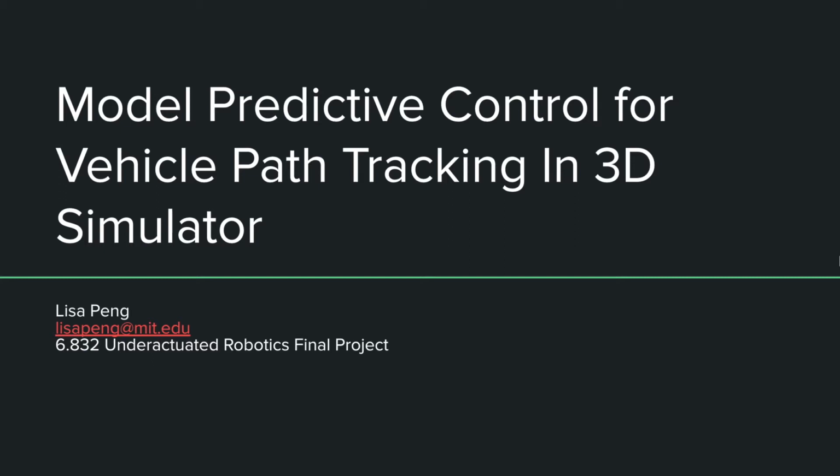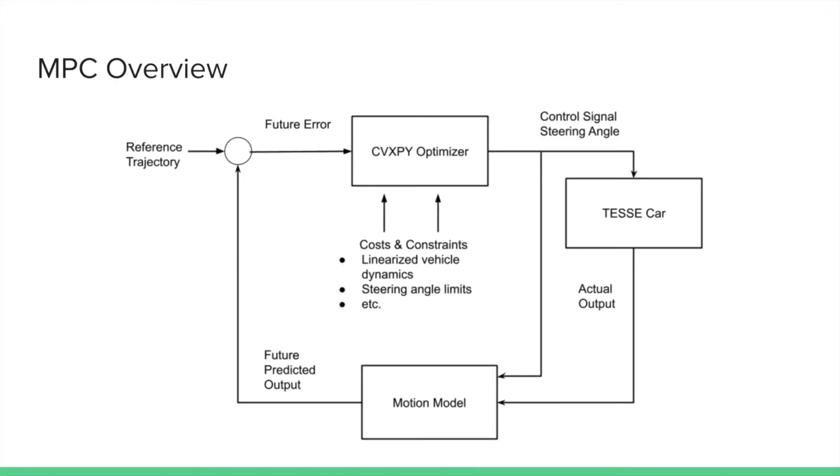My final presentation for Underactuated Robotics is on model predictive control for vehicle path tracking in a 3D simulator. Model predictive control solves a convex optimization problem at every time step. At every sample time, it queries the car from the simulator for its current state, predicts its motion forward in time for a set time horizon, compares its trajectory with the reference trajectory, and then feeds it into the optimizer. Once we solve this optimization problem, the first output of the control signal is fed back to the car in